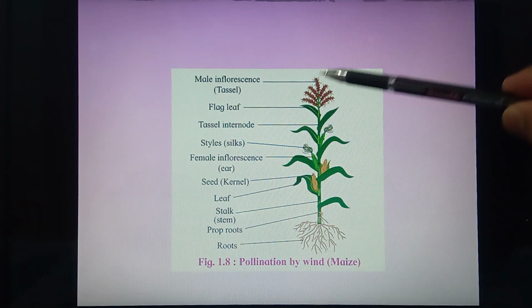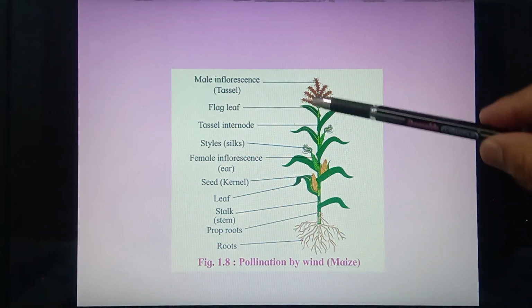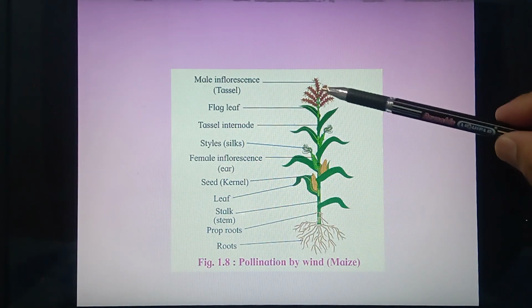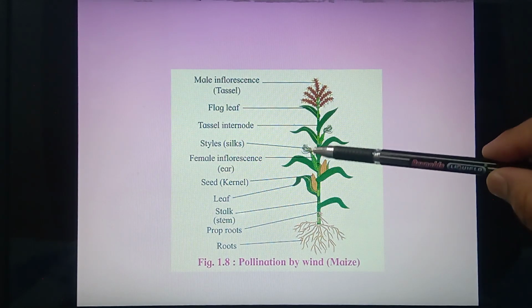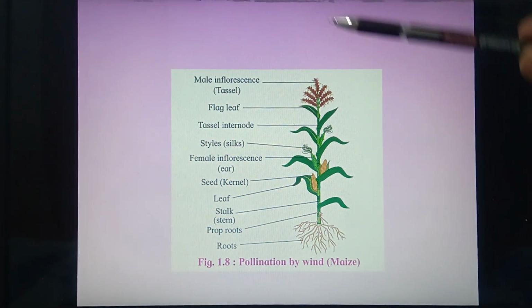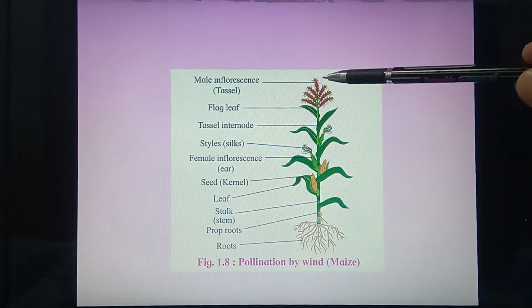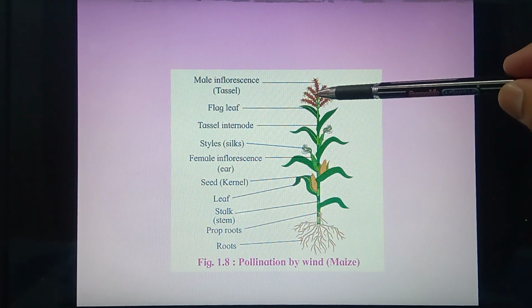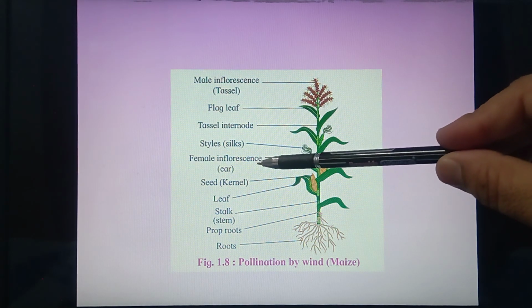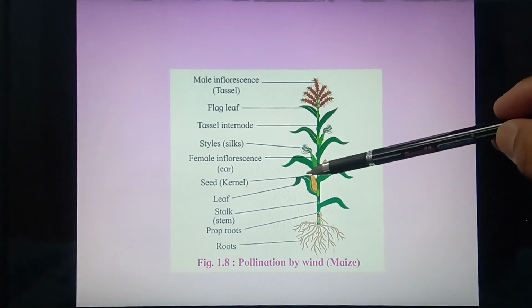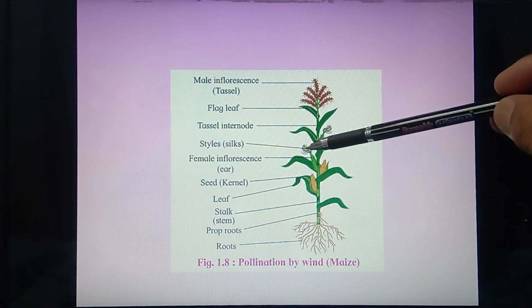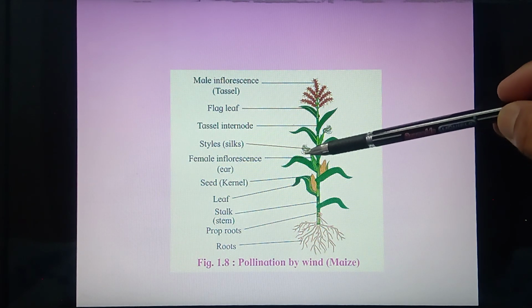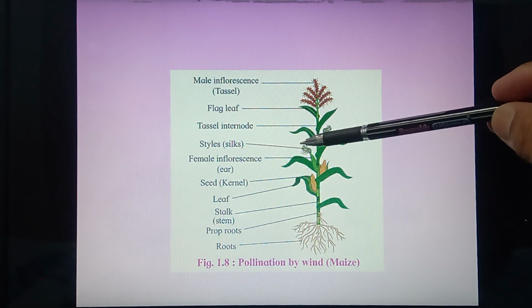This one is a male inflorescence. The male inflorescence is present towards the top of the plant. This one is a female inflorescence, present towards the base or lower side of the plant. It achieves a process of cross pollination, so from the anther of one plant's flower towards the stigma of another plant's flower. Here the same is given: from the neighboring plant, the pollen grains are carried towards the stigma. It is either feathery in nature or silk-like in nature.